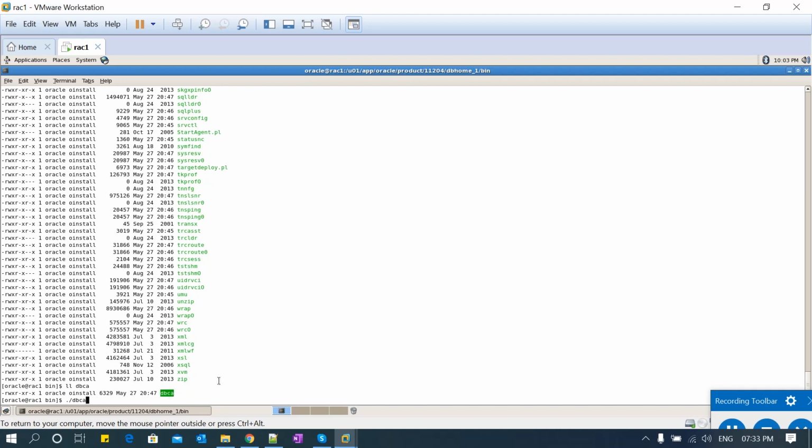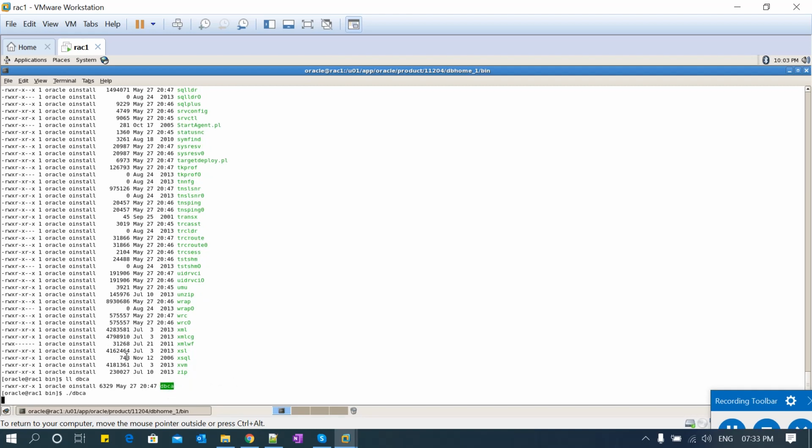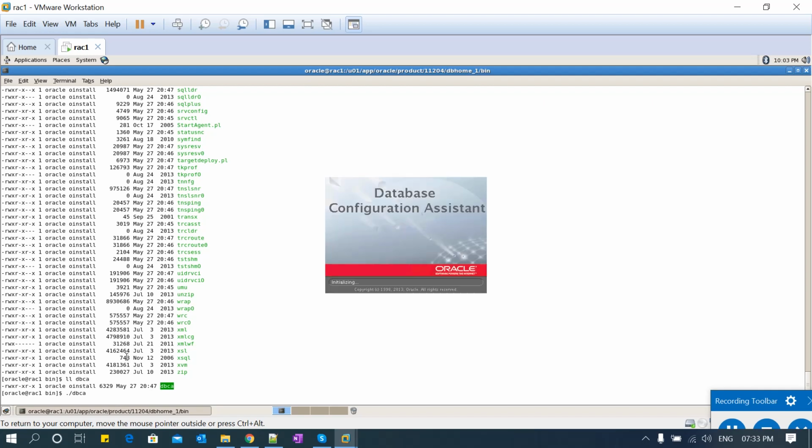This is DBCA. I'm going to launch DBCA. This in turn launches the GUI screen. Yep, here you go. Database Configuration Assistant, DBCA.